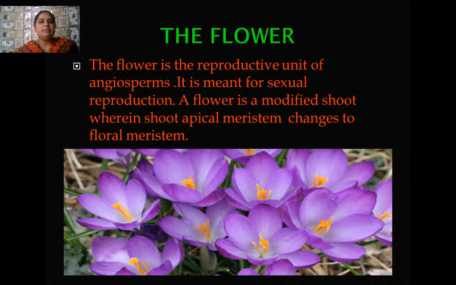So if you have to define flower, then a flower is actually a modified shoot. So whenever a shoot has to bear flowers, what happens? This shoot which contains the shoot apical meristem, the shoot apical meristem changes into the floral meristem. And you can easily see that at the position where the flower has to appear later on, the color of that floral axis is slightly changed, it becomes colored, and you can well understand at the later stages that that particular branch has to be a flower.